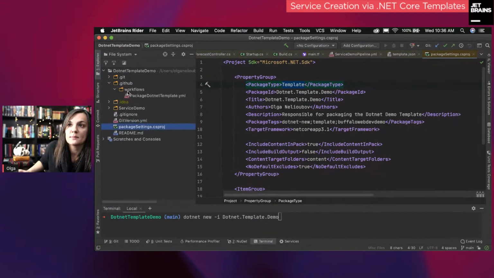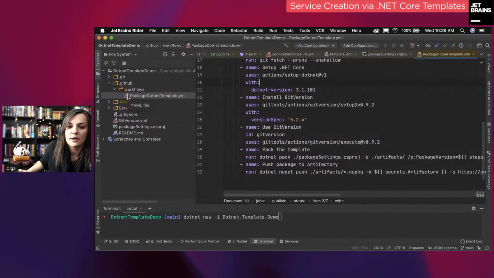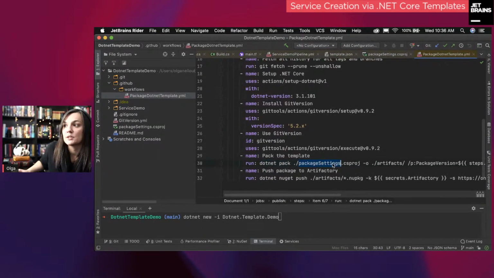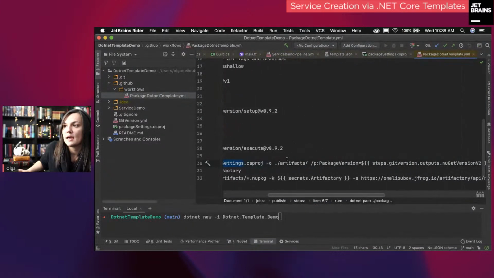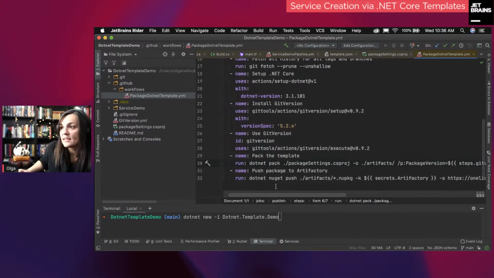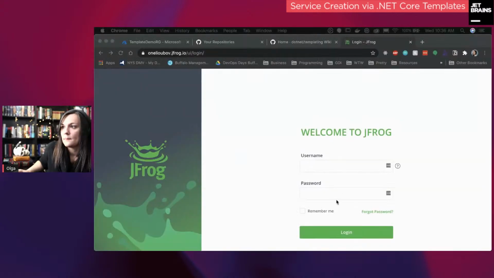So I also have some automation on this. Anytime I push to remote, it's going to kick off a GitHub action that's going to do a dotnet pack using that package settings csproj. It's going to output it into an artifacts directory, and it's going to version it, and I'm giving it the repo URL that I'm packaging. And then it's going to push to Artifactory. Artifactory is where I'm choosing to host my packages. So basically here,